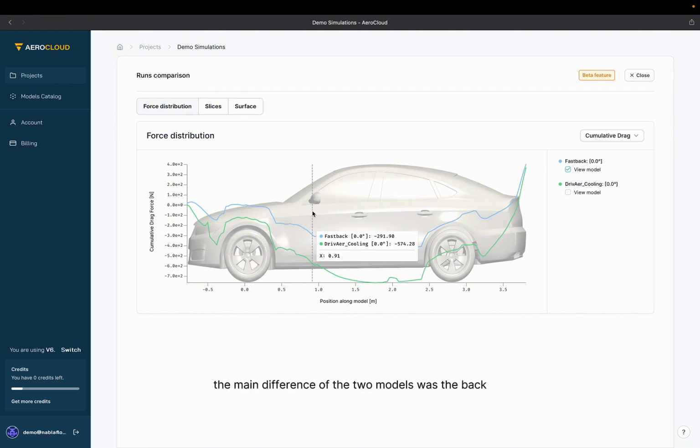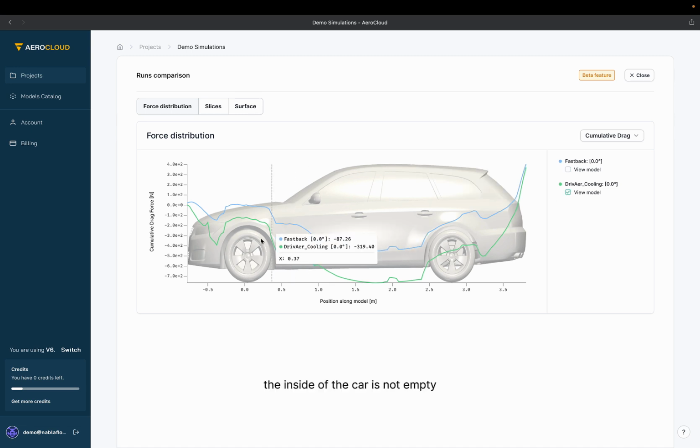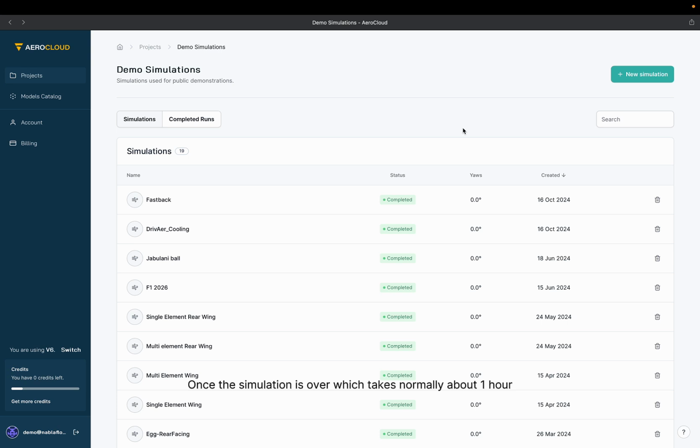In this case, the main difference of the two models was the back and the fact that in the cooling case, the inside of the car is not empty, but actually includes the whole cooling model for the car. Once the simulation is over, which takes normally about 1 hour, 1 hour and a half for the basic simulations, and maybe 5 or 6 hours for the standard ones, more than that for the pro simulations, but always under a day,